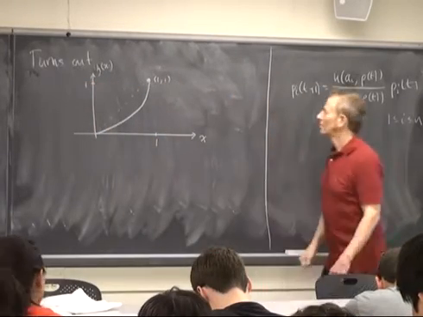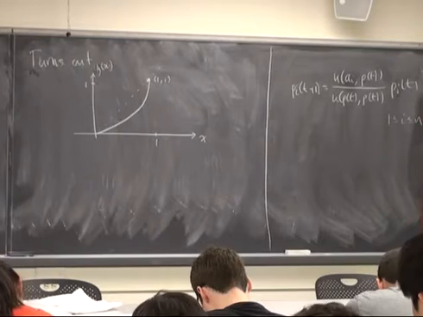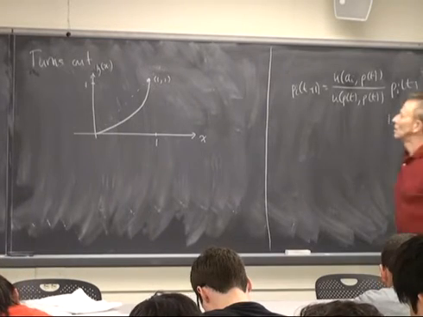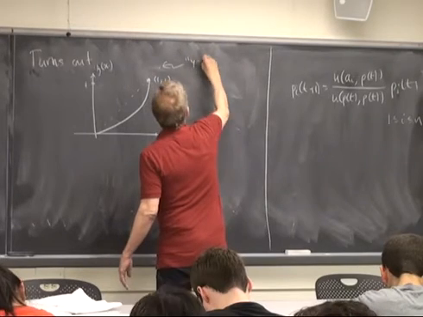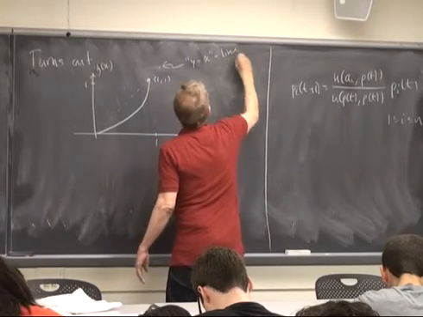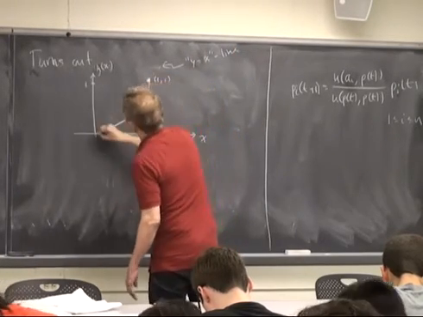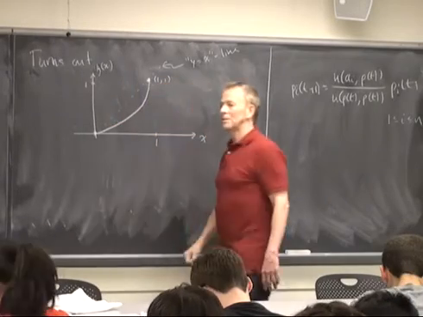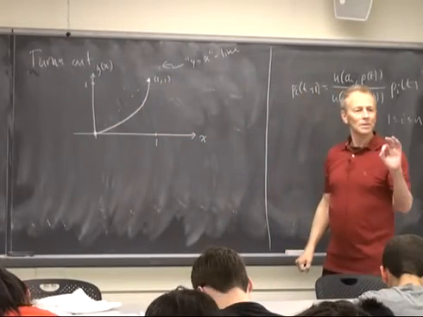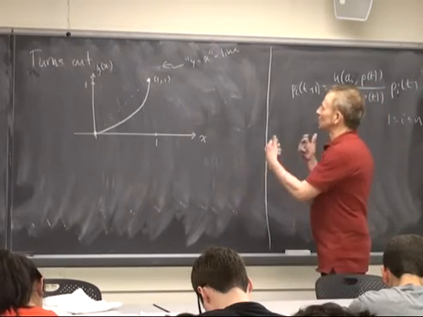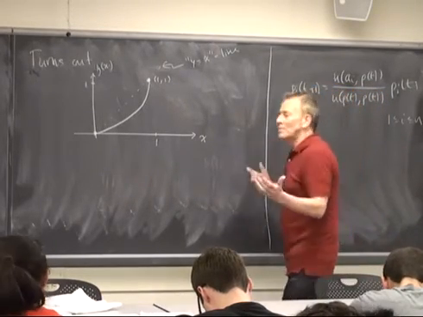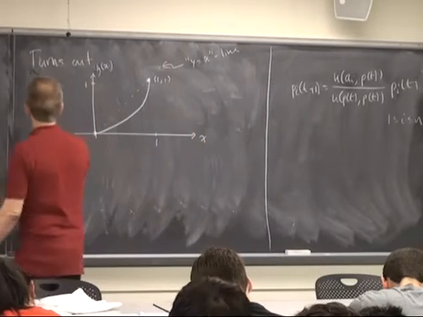Okay? Turns out that's what it looks like. And this is the y equals x line. So wherever the graph of g hits the y equals x line, those are going to be the fixed points, right? Because g of x equals x, that means x is a fixed point. So the fixed points